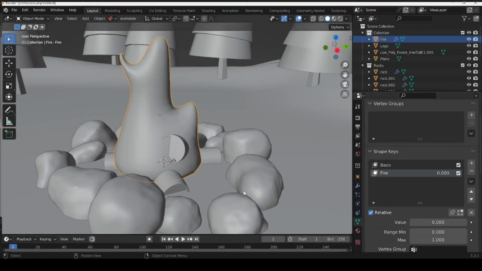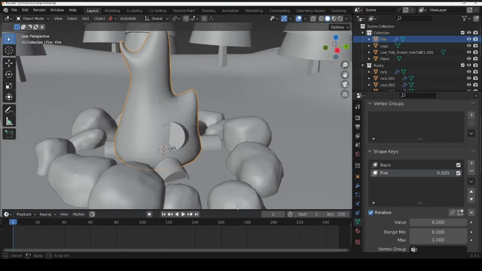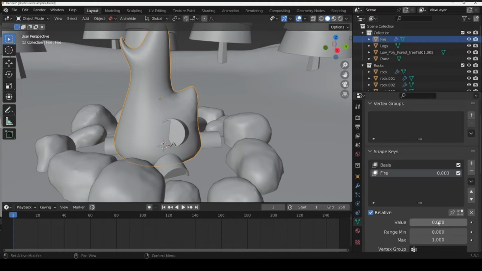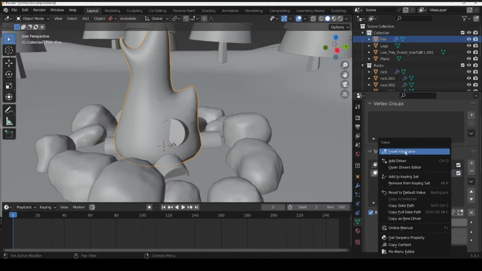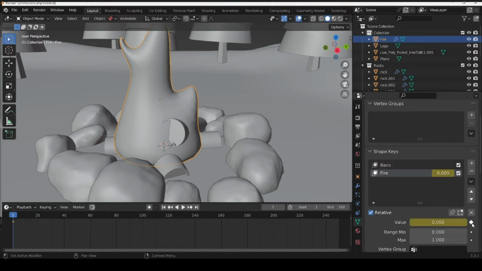So this is what we're going to keyframe. So let's start off by, you can either right click in this and insert keyframe, or you can click on this, or you can hover over it and press I for insert keyframe. Okay, so now we've got our first keyframe here. Now I don't want to have to keep doing that every time, so I'm going to turn on auto key,